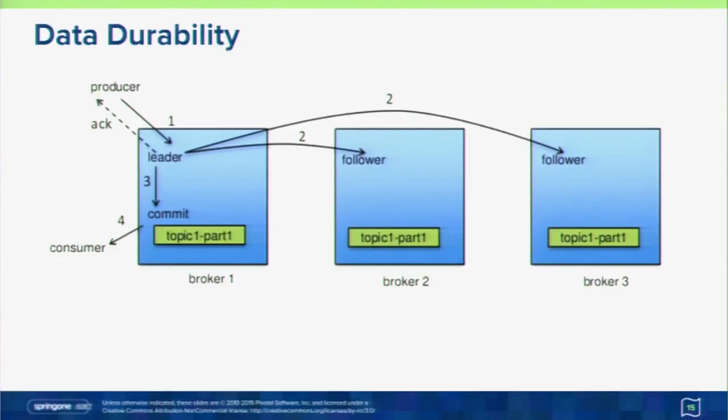You can say, I want to make sure I at least got to the network and the leader at least has my data. It may not have replicated, but I at least want to make sure it's sort of there. Or you can say, full-blown, I want to make sure that the data is replicated on 3 servers,